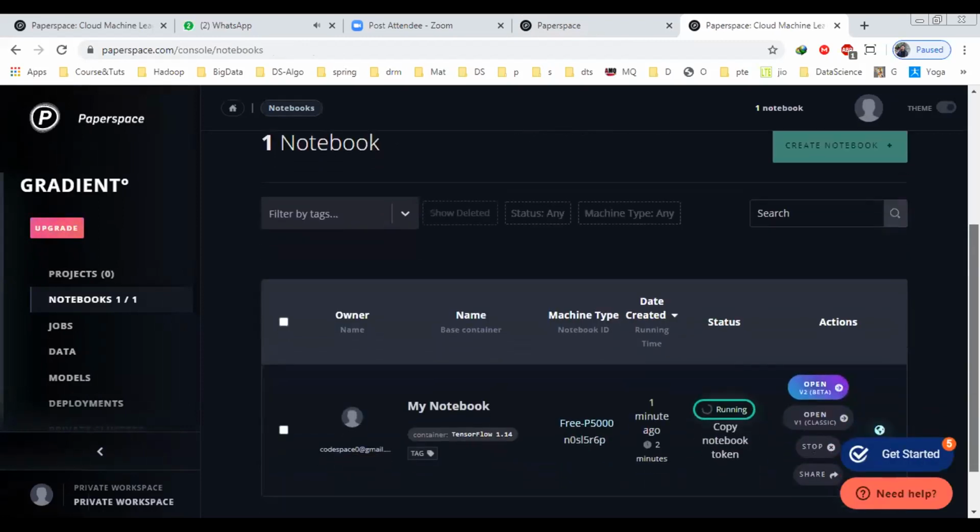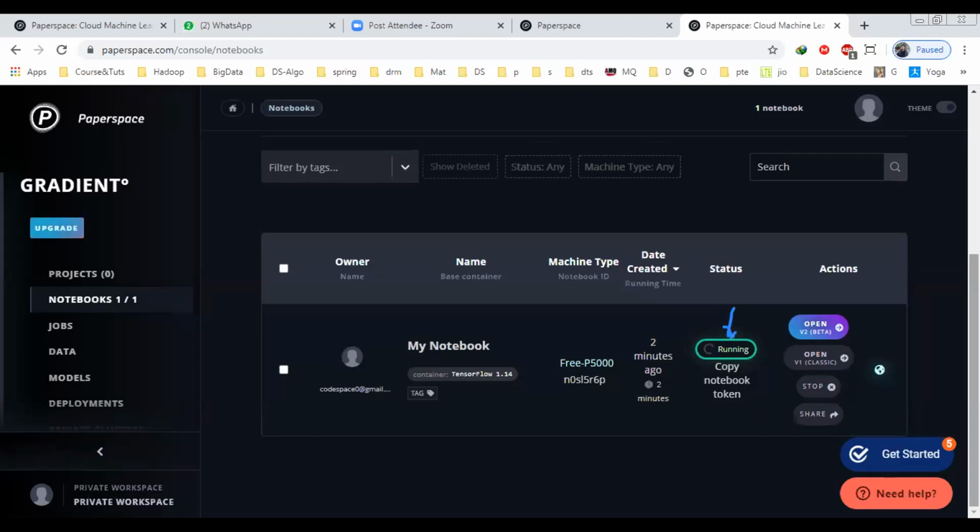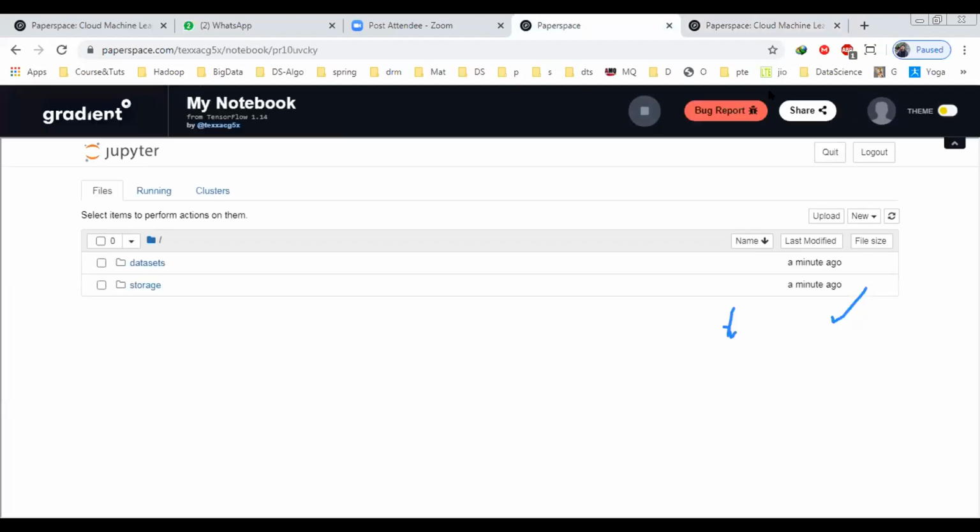Okay, so everyone, once you get the GPU access, you will see something like this. Let me try to annotate here. You will see that your notebook is running. Then when you see this sign, you can just click on this, Open V2 beta. No need to do that, Raj, you have already opened it. So just go to the previous Paperspace page, the console one. Yes. Okay, so once you come here, you will see